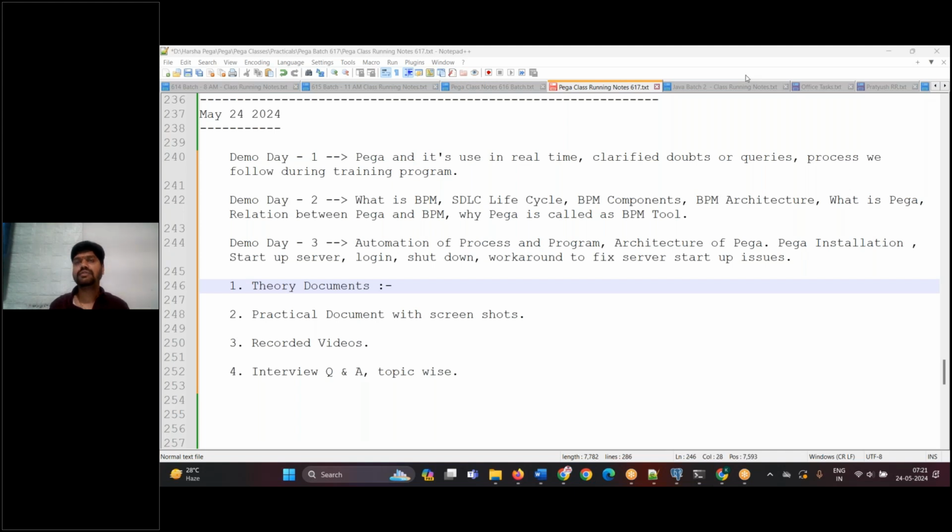I'll tell you. There is a concept in Pega called pattern inheritance, direct inheritance. I gave an example on Instagram: direct inheritance means, you know, the movie artist Junior NTR marrying his wife is direct inheritance. Husband and wife relation is direct inheritance. Son, father, grandfather: this is pattern inheritance. You cannot forget it if you look at it in your real life. And if you take people who are famous over the web or in society, you cannot forget them, right? So if you relate it to them, you cannot forget.